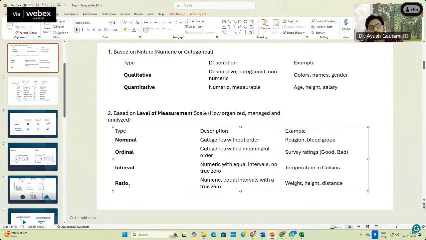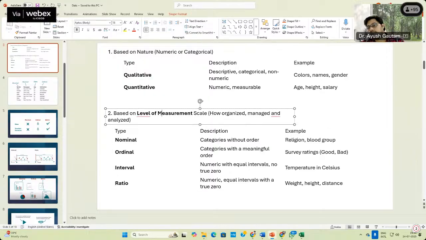And if the true zero has already been defined, like if you want to analyze the late behavior of the Vande Bharat Express train, then Vande Bharat is not a very old train. So data may be available from the past 5 or 6 years. Then the true zero is already defined for the Vande Bharat train, because those are comparative to the new train. So in those cases, that will come under the ratio data. I hope I am able to make things clear now. When we get the data, it will become more viable. It is difficult to understand, but when we look at the data, we can easily identify what kind of charts can be made out of it.